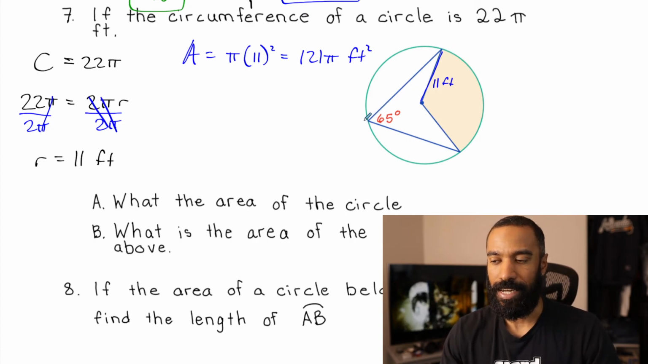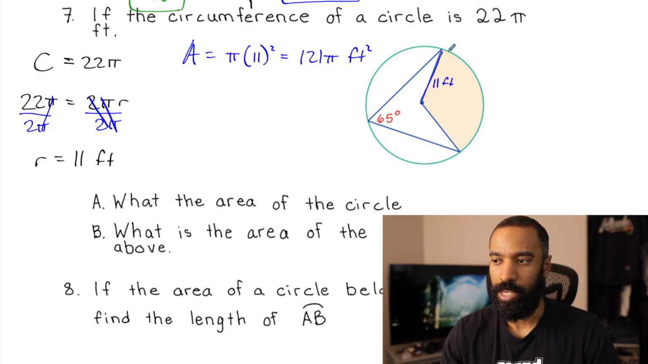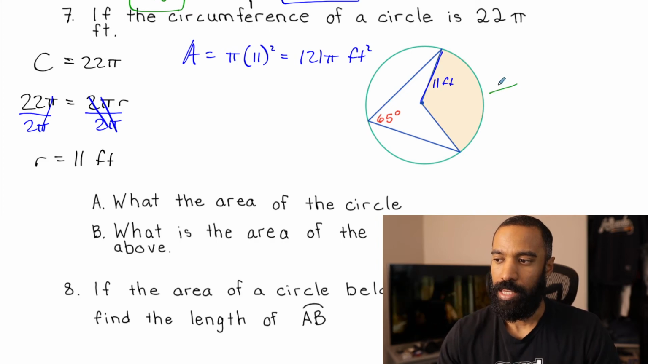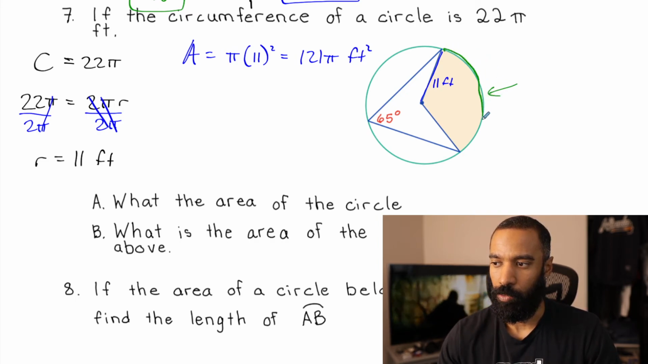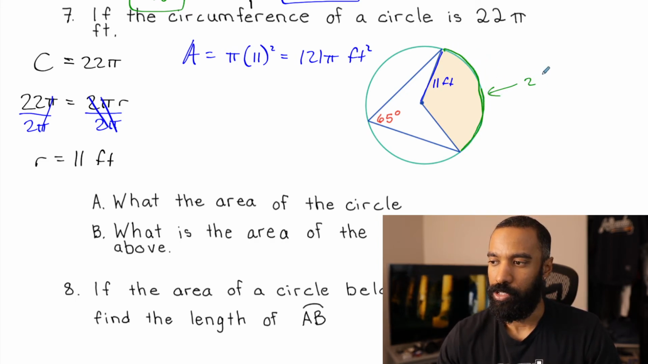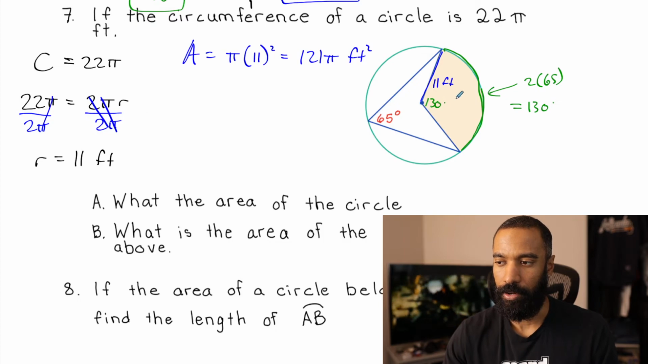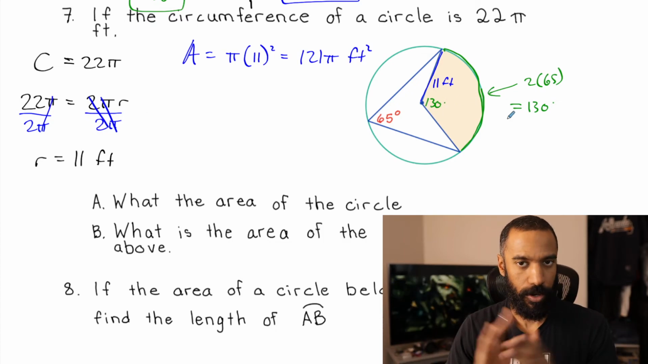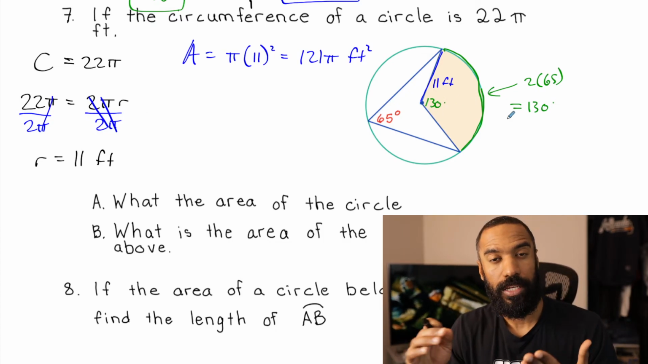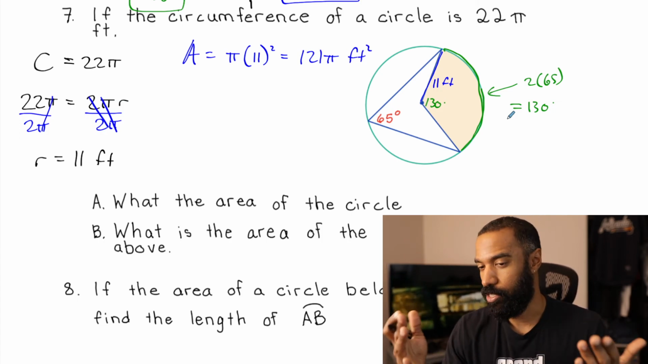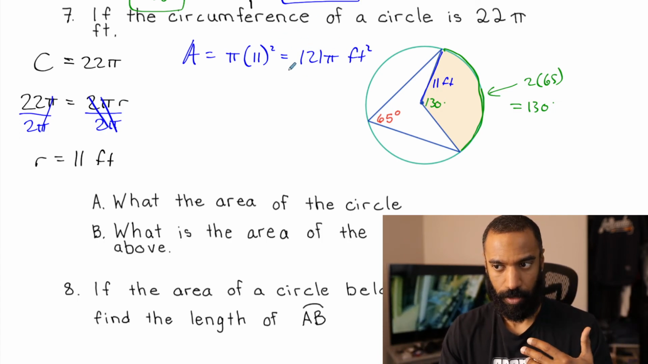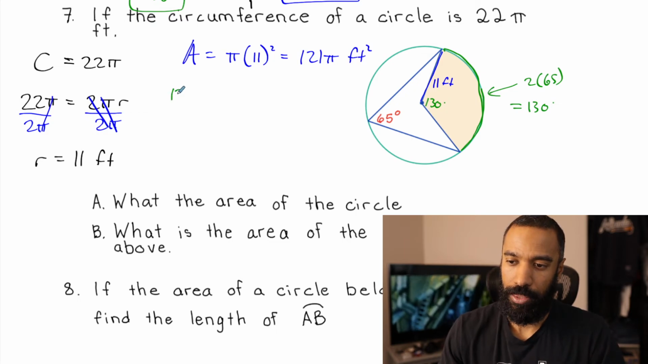65 is indeed an inscribed angle right here, whose intercepted arc is right there. The intercepted arc, this guy in green, that's double 65 degrees, which is 130 degrees. That also makes the central angle 130 degrees. Okay, so 130. So whatever 130 is out of 360, the area of my sector is out of the area of the whole circle. So 130 out of 360